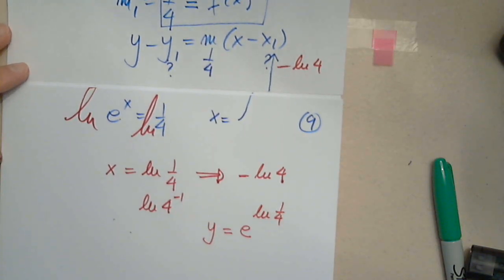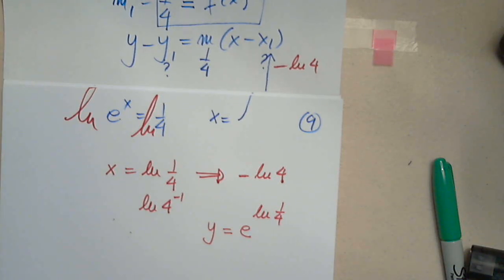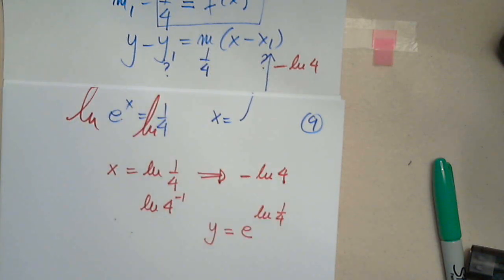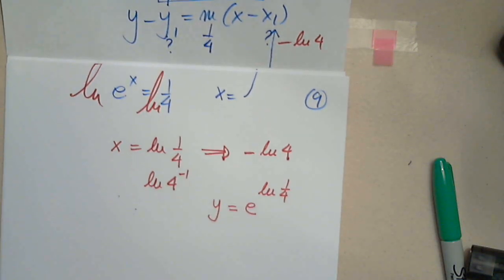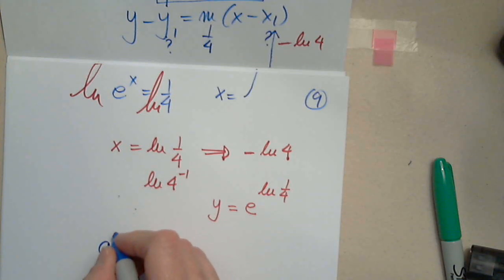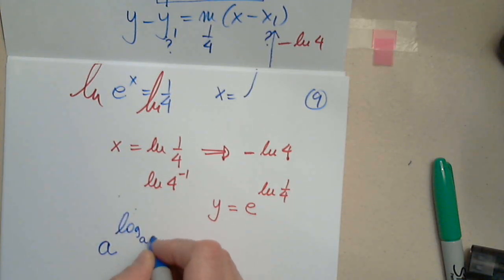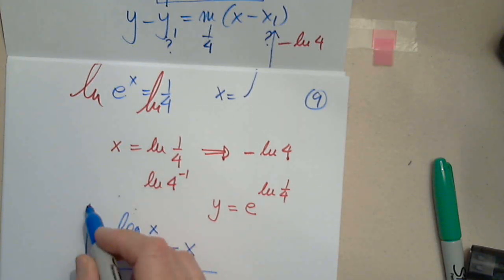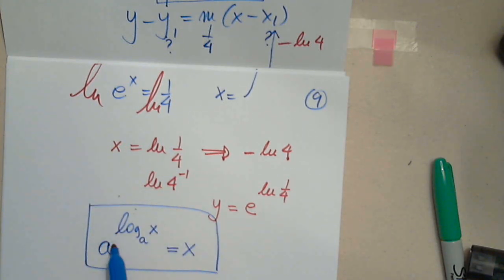Does anyone remember the answer? I'm not sure. Okay, let's talk about it. So leave it alone for a moment. There is one other property of exponential log situations. That is this. A raised to log base A of x is x. As long as this number and this number are identical, and there is nothing else in front, just 1, then